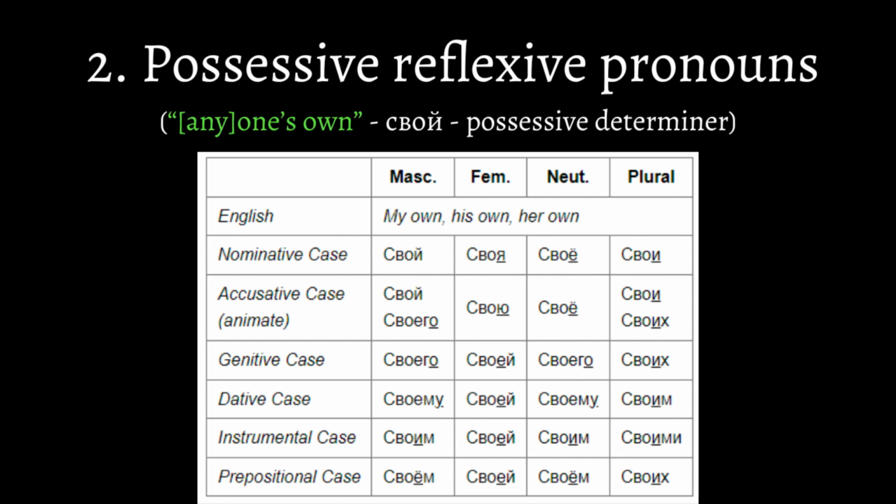Unlike normal possessives, possessive reflexive pronouns have a lot more to them, so they're not that specific. What they mean is one's own, or practically anyone's own, which is why they're more similar to determiners than to pronouns. Still, always remember that possessive reflexives can apply to any pronoun and any subject. The only tough part is to work with the cases, gendered nouns, and plurality.